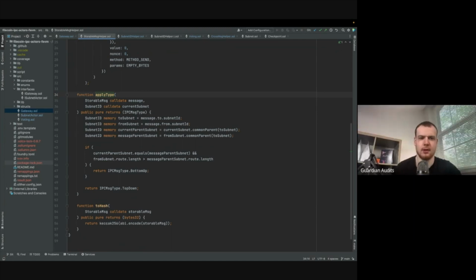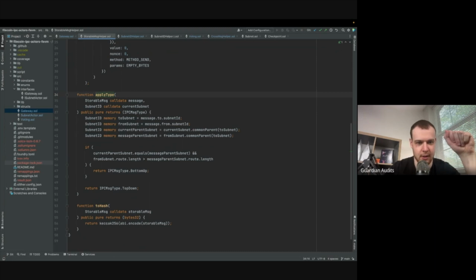I'm going to think about this from the context of what we're looking at with the external function, where we're creating this cross message literally on this network. So we don't actually have to worry about the current parent subnet being different from the message parent subnet, because these are the same. That'll make it easier for me to understand at first. Those things are going to be the same because the current subnet is the same as the from subnet. So that first equals is true. Then the thing that we care about is the from subnet, the length of that,